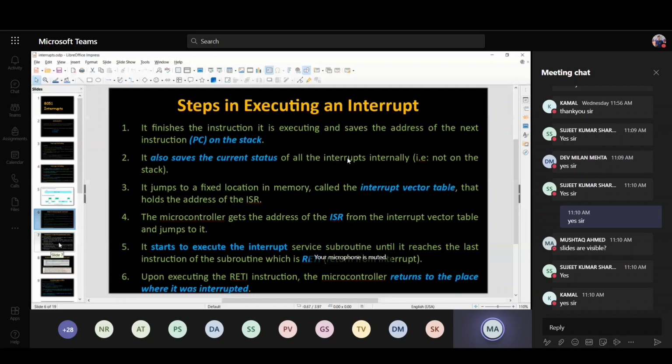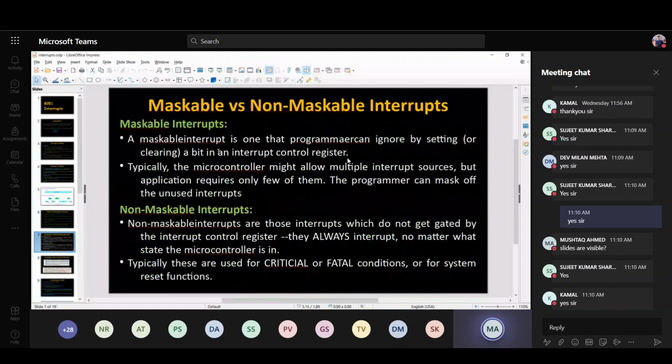Apart from those, there are two other classifications. The first one is maskable interrupt and non-maskable interrupt. What are maskable interrupts? Maskable interrupts are those interrupts that can be disabled. So for example, you can disable your WhatsApp notification. Whenever you are watching a movie, no WhatsApp notification can come. So this type of interrupt that you can disable, or the CPU can ignore, those are called